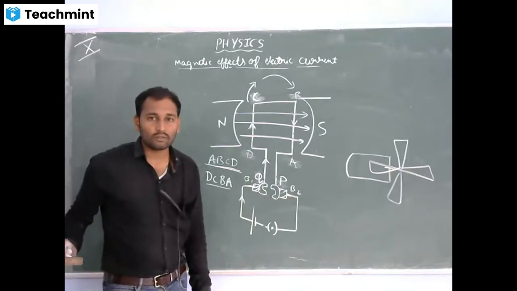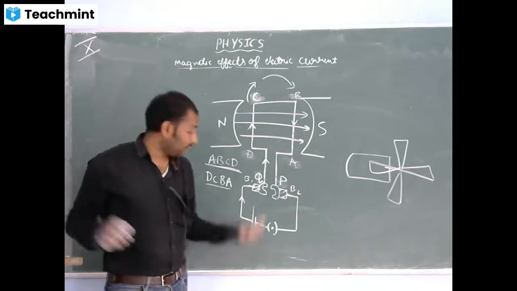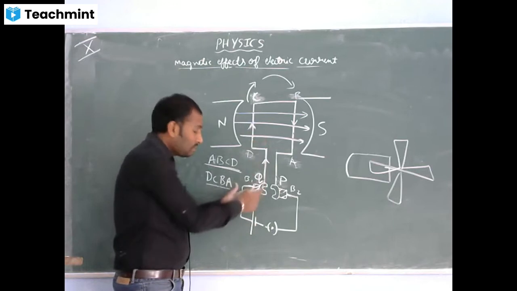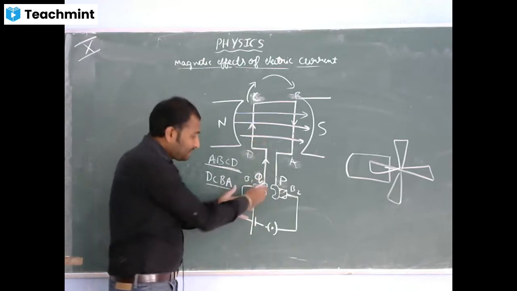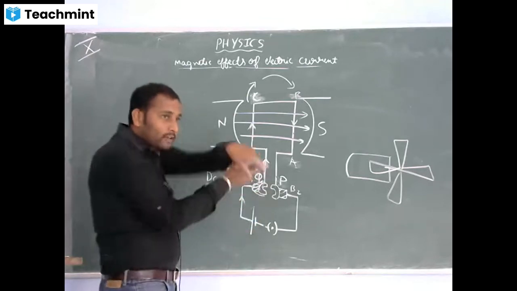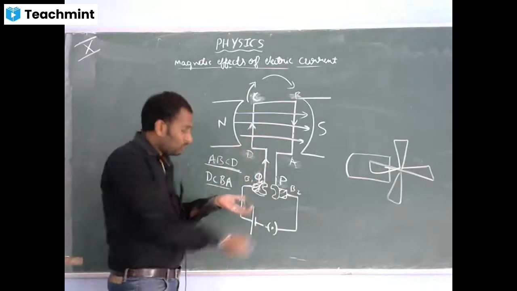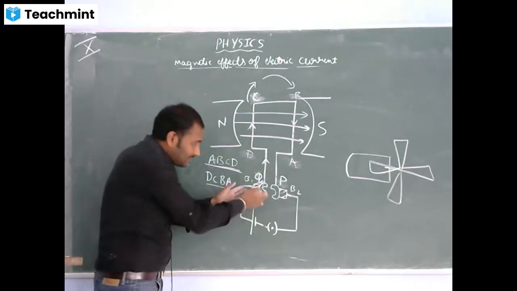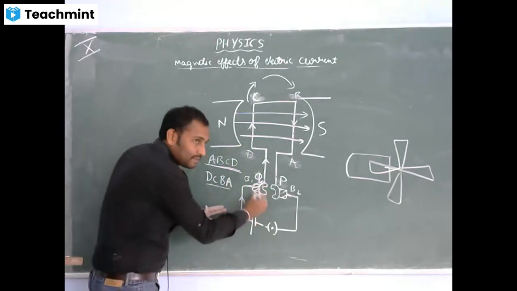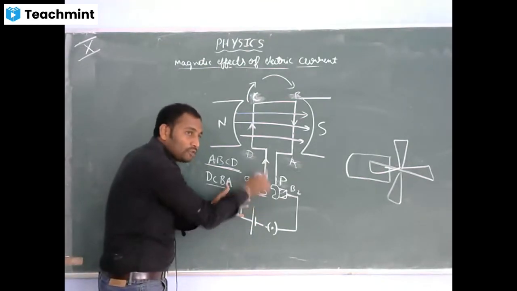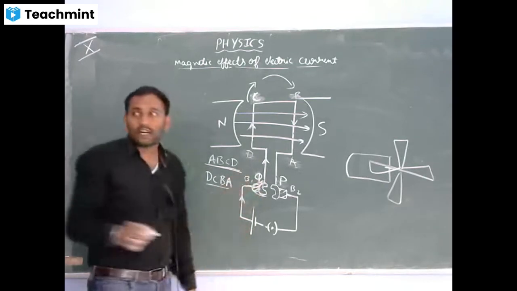Any other questions? So why do we use carbon brushes? In order to allow the current to pass through, we need something. If we connect the wire to this directly, what happens? The complete thing will rotate, and along with that, the wire also will rotate and get twisted. So that is why we use carbon brushes, which will be just touching this, to make the contact for the current to flow in the circuit.